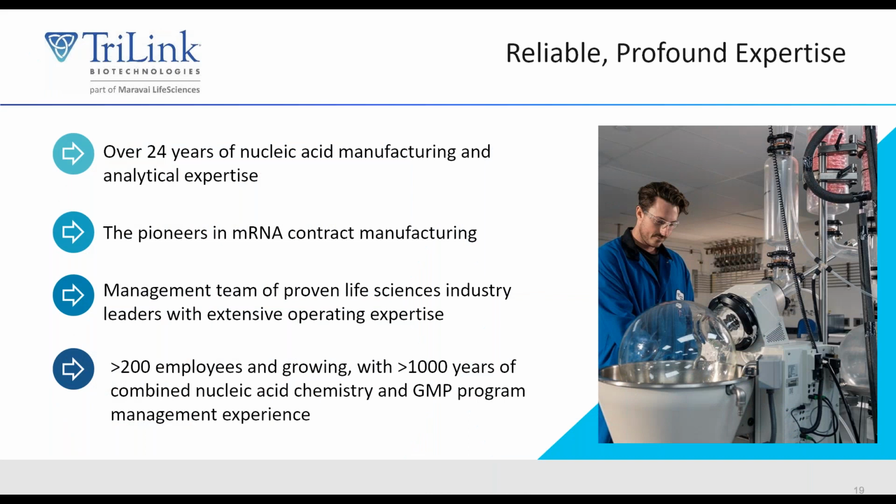At TriLink, we have over 24 years of nucleic acid manufacturing experience, and so we're well seasoned in this area, and we bring more experience to this than any other contract manufacturer in the field. We pioneered the manufacturing of messenger RNA for contract manufacturing in this space and have been doing this for longer than anyone else. We have a management team that's proven in the life science industry with leaders with extensive operating experience. We have greater than 200 employees, and we're growing, and with 1,000 years of combined nucleic acid chemistry and